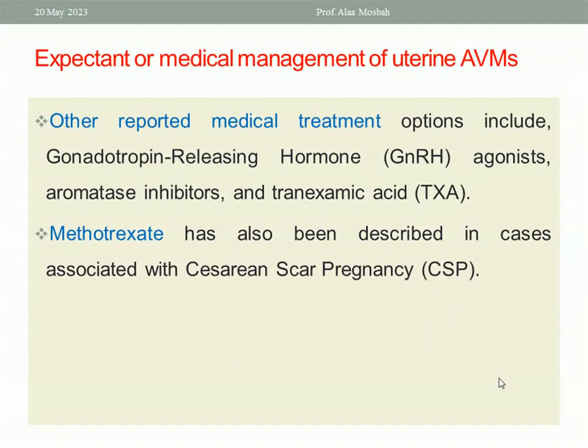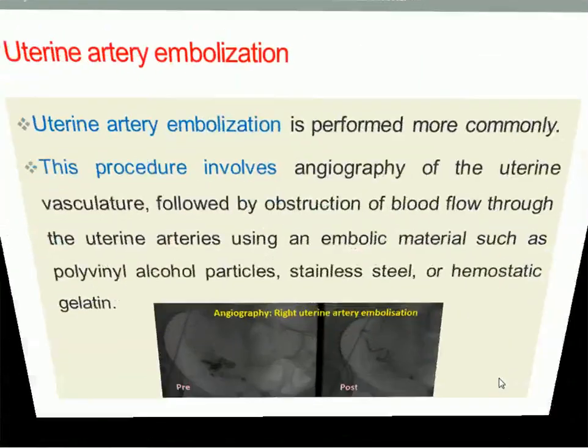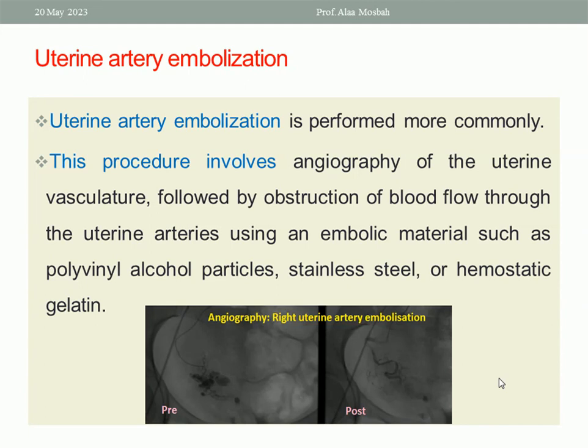Other reported medical treatment options include gonadotropin releasing hormone agonists, also aromatase inhibitors, also tranexamic acid in order to control bleeding. Methotrexate has also been described in cases associated with cesarean scar pregnancy. This is as regards the expectant or medical management. Next,